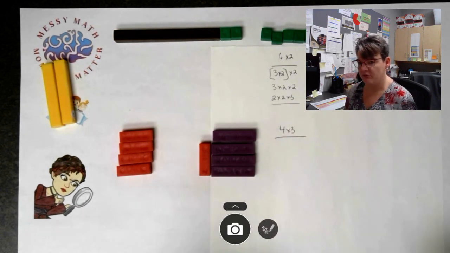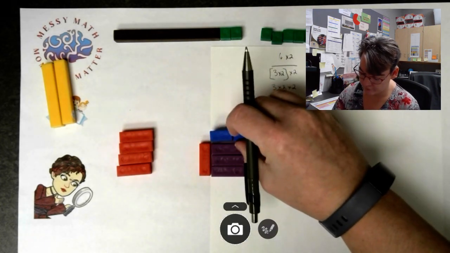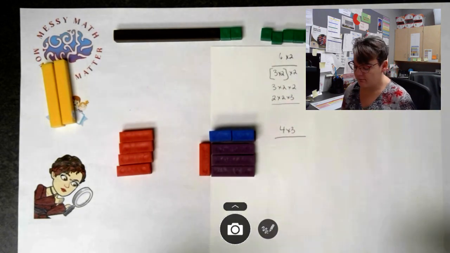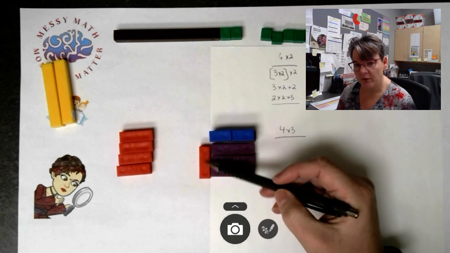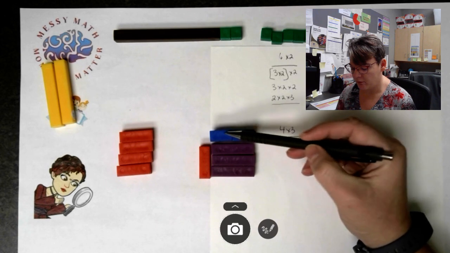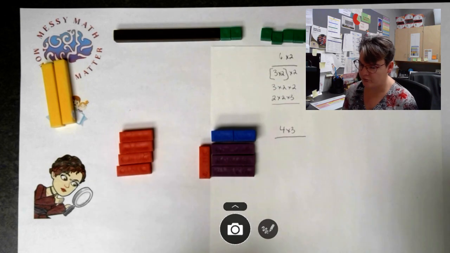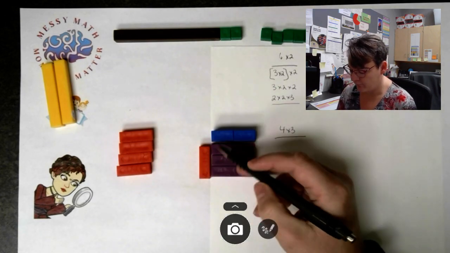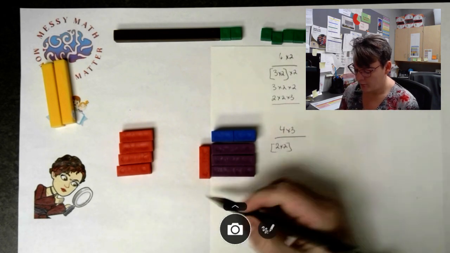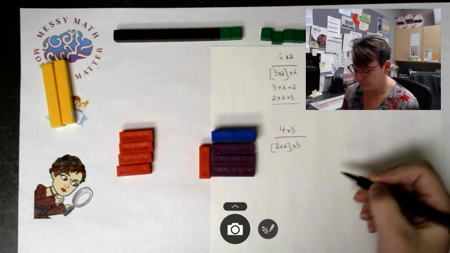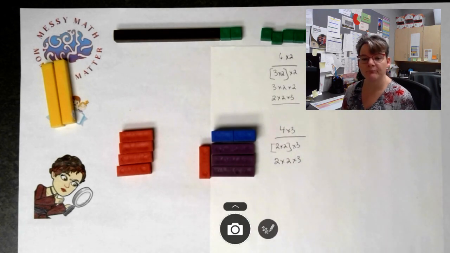So what could I replace 4 with? Keeping in mind I have to use the same color. Well, I could replace 4 with 2 2's. Now the nice thing, a neat little trick would be to use a red marker when I'm writing down the 3 and a blue marker when I'm writing down the 2's. Just to help students see that color change. I'm just using black for now. So the 4 became 2 2's multiplied by 3. So I can write that as 2 multiplied by 2 multiplied by 3,